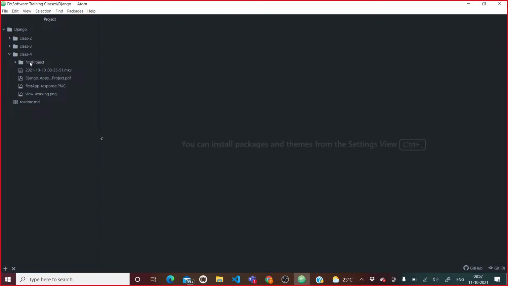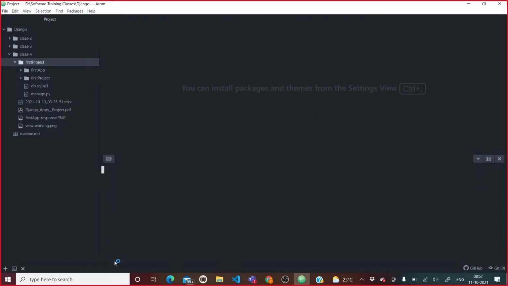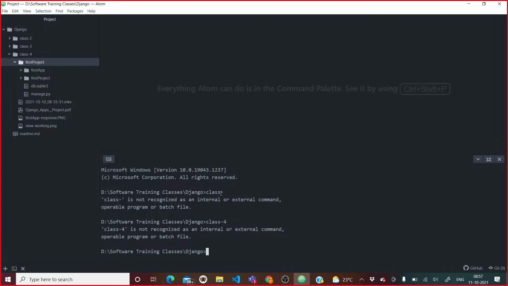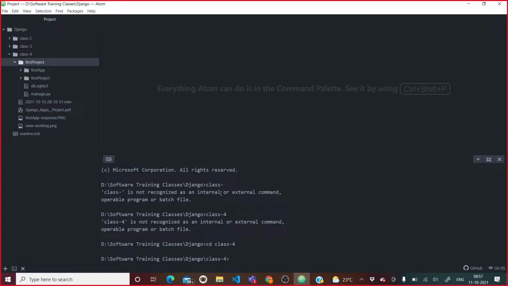Hello, but can I choose to use VS Code, right? Yes, yes, you can use VS Code as well. No issue in that. I already told you the IDE doesn't matter actually. So class 4. Oh, class 4. Okay.